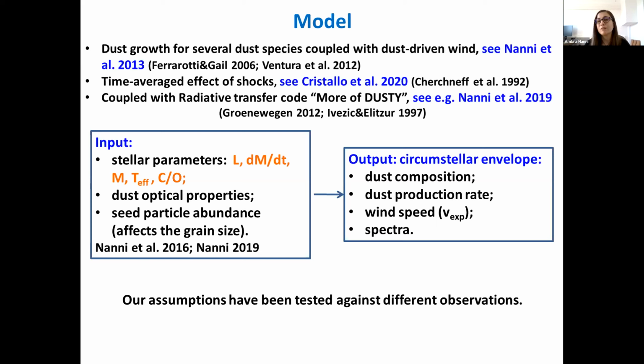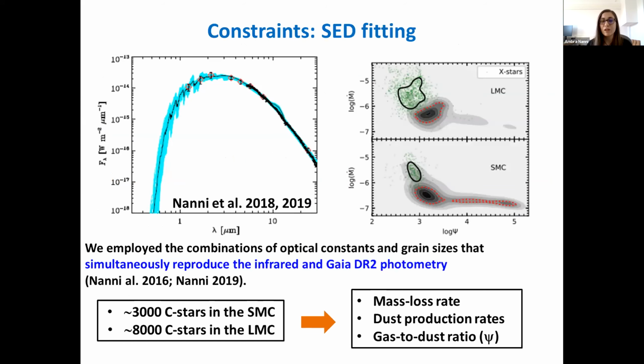Basically, what we get as an output is the characterization of the circumstellar envelope, and in particular, the dust composition, the dust production rate, the wind speed, and the spectra. So we can compare our model predictions with observations and constrain our assumptions. This is what we have done in the past, and basically we constrain the dust optical properties of grains and their size by